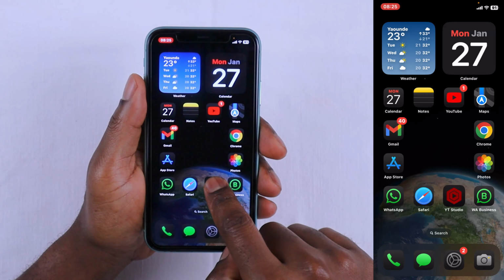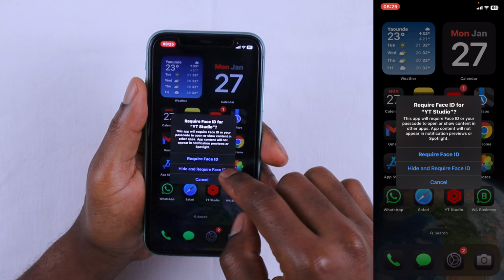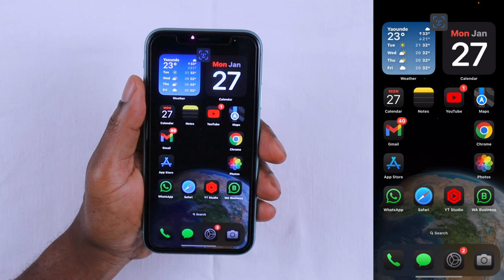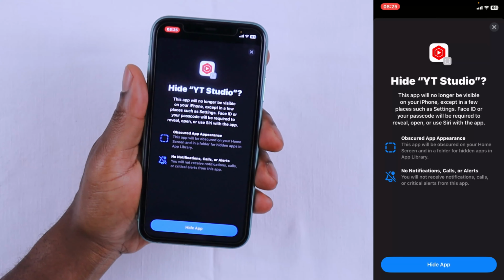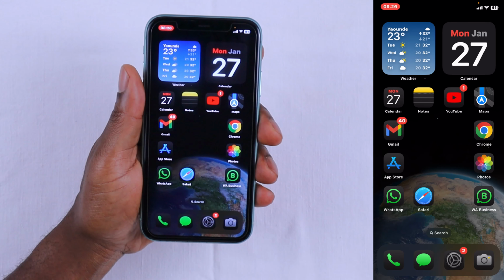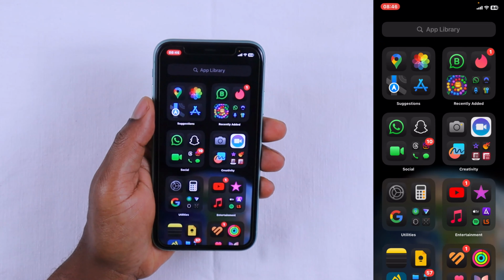First, I'll press and hold the app icon, then tap Require Face ID. Next, I'll select Hide and Require Face ID. Your Face ID will be confirmed and you'll see the following message. When you hide an app, it will disappear from your home screen, Siri Suggestions, Spotlight Search, and even the app